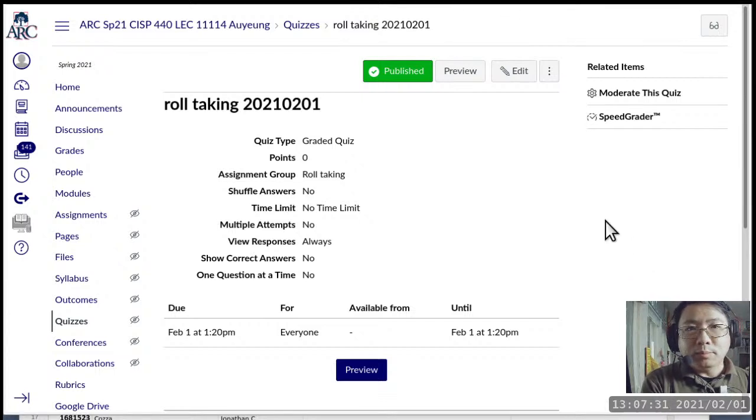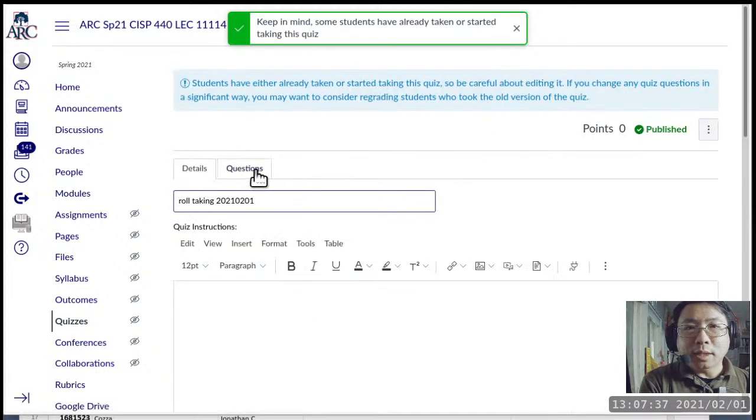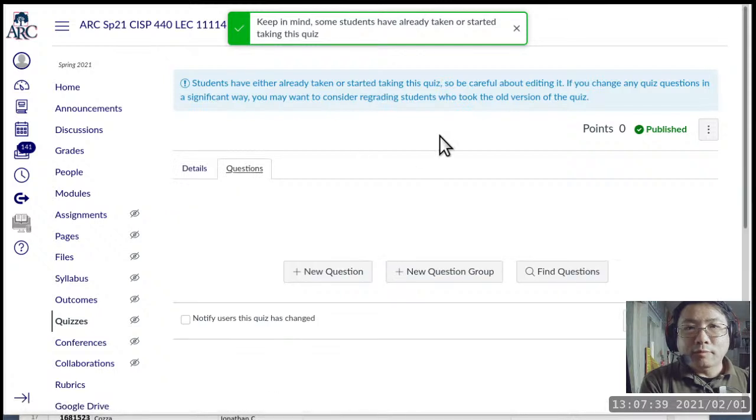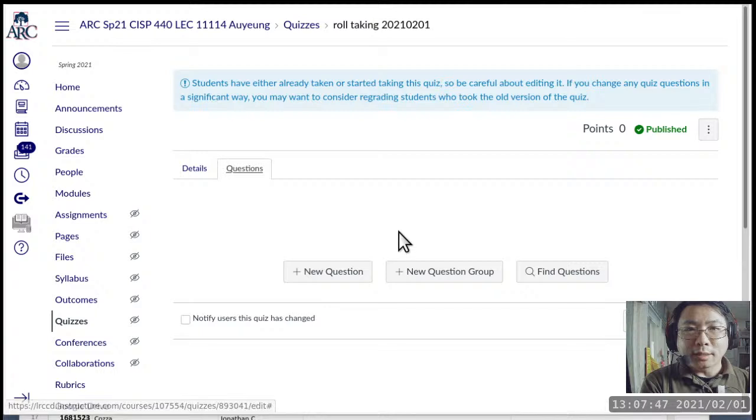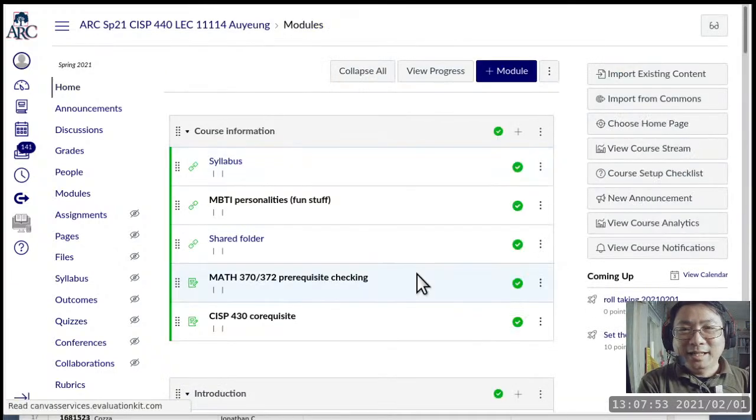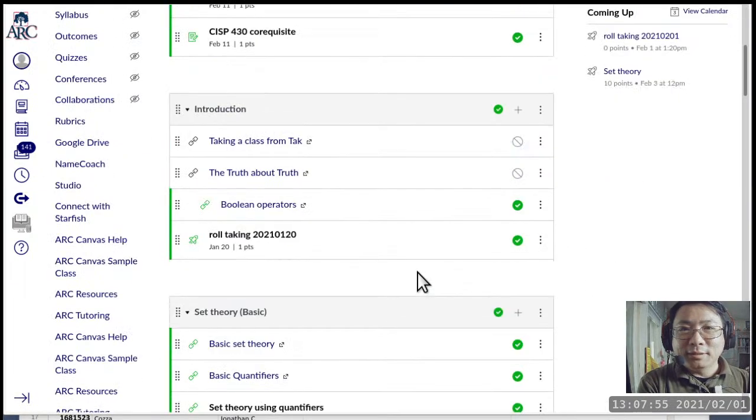Uh-oh, it's blank. Why is it blank? I thought I specified a question. Oh, right, I forgot to update. That's probably what I did last time too. Alright, fine, we'll delete it and do it again.